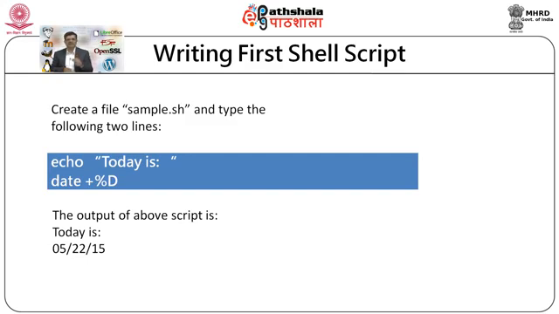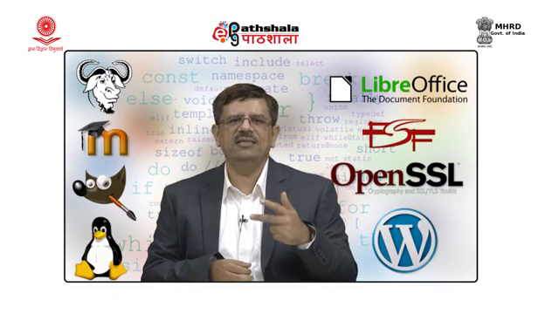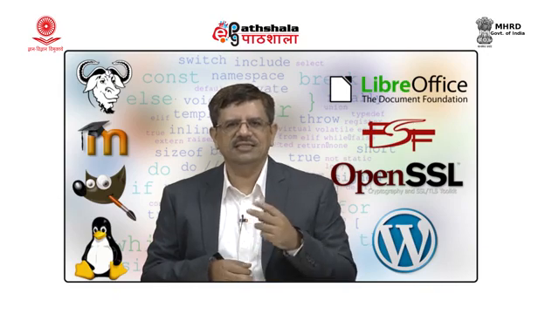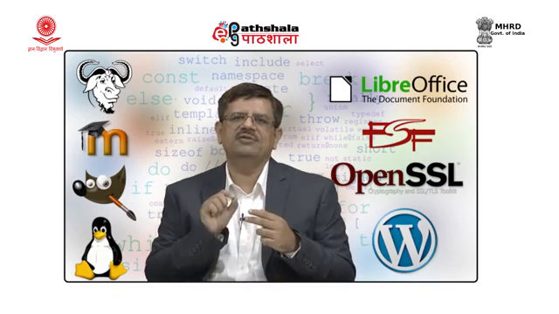There is another command in my shell script, that is the date command. I am using the date command and I am giving some format. So, you can see the output in the below part of the screen. The output contains today is and the date of today. You can see the output is split in 2 lines. Why is it so? Because we have not given any option to the echo command.